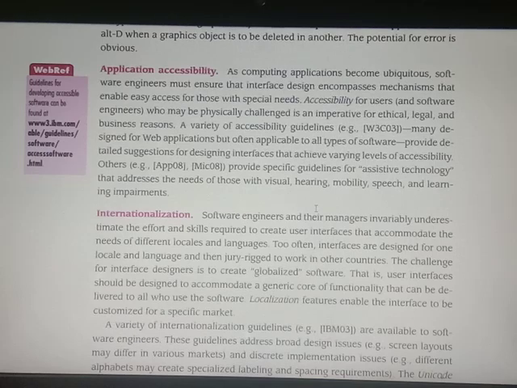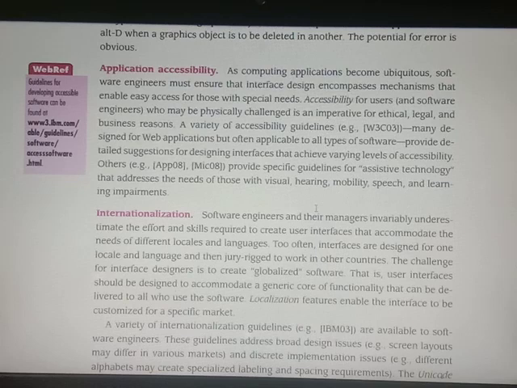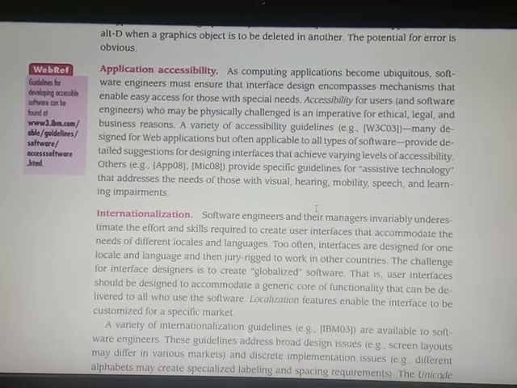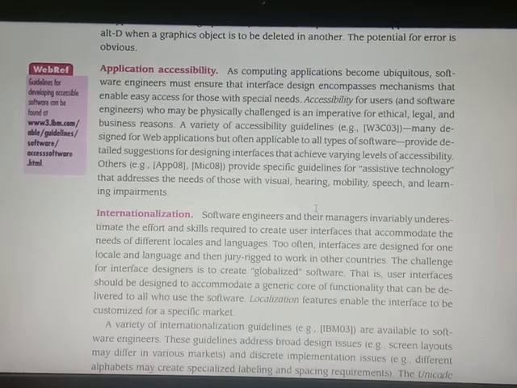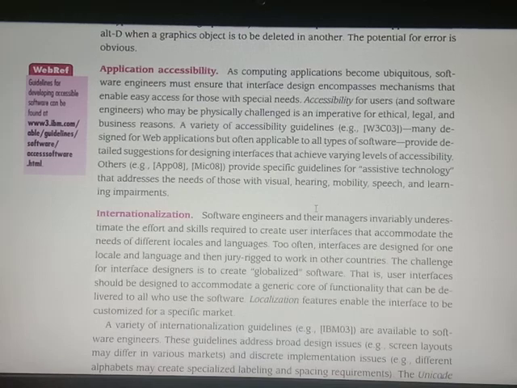The next one is application accessibility. As computing applications become ubiquitous, software engineers must ensure the interface design encompasses mechanisms that enable easy access for those with special needs. Accessibility for users who may be physically challenged, such as those who are deaf or mute or have any physical deformity, is imperative for ethical, legal and business reasons.